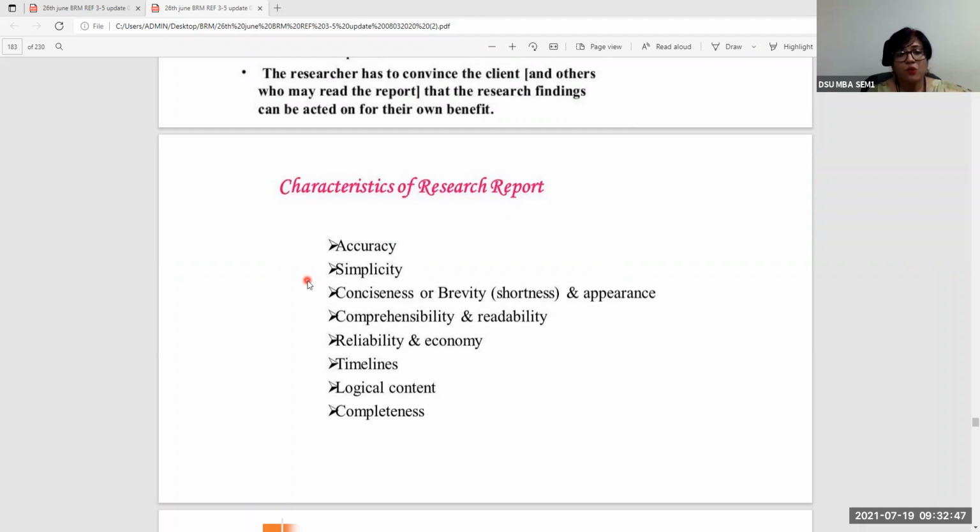So extremely old research reports may not hold valid for a current phenomenon or for a contemporary phenomenon, right? Timelines, therefore, are very important to be indicated. When did the research start? When was the data collected? How many times was the data collected? When was the last time that the data was collected? For how long was the data collected?